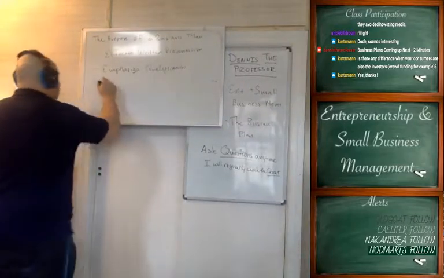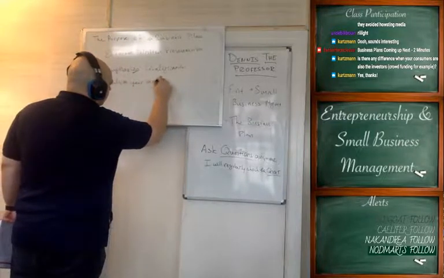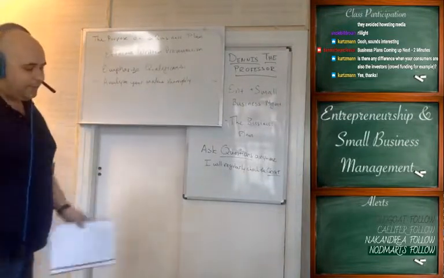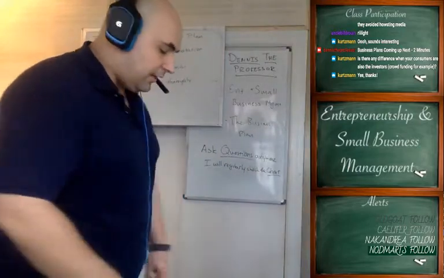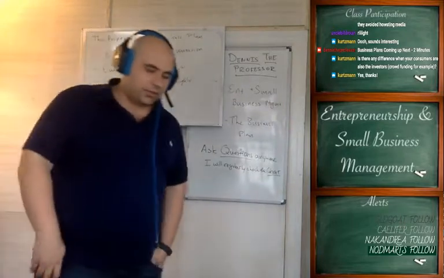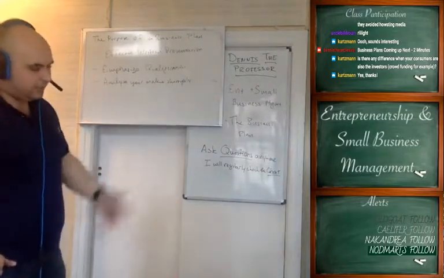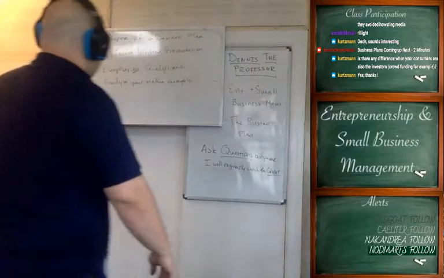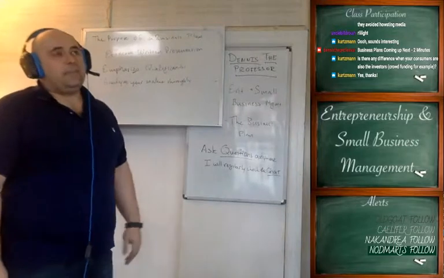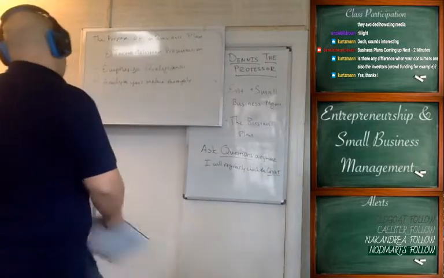The next thing is analyze your market thoroughly. You need to understand your market inside and out. If you don't understand your market inside and out, you're screwed. Right? So if you come to an investor and you say, hey, I'd like to start an educational stream on Twitch, and you didn't do any research, and you're like, well, I'd like $100,000 because that'll help me do it and hire some people and get some nice equipment and stuff, right? And then your investor goes, oh, actually, there's been about 30 people that have tried this and failed dismally, right? What makes you different? And you're like, well, I didn't actually know about those 30 people. Okay, you've lost the investment, all right?